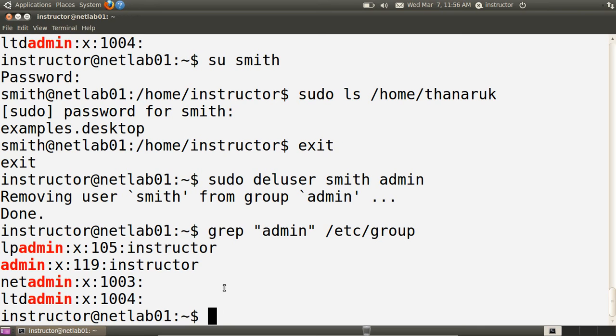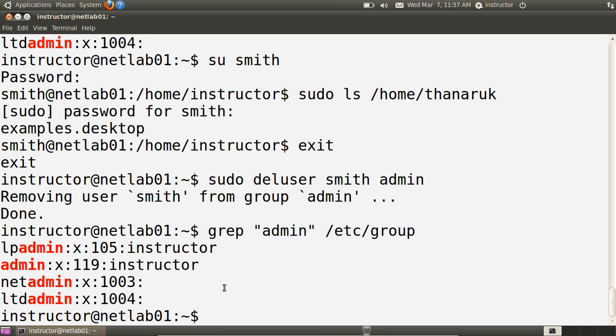In some cases, we don't want to allow a user to be able to elevate their privileges to the root user and do anything on the system. We would like to, in some cases, allow some users just to run some privileged commands. For example, if we want to set up the system so that the student users can execute networking commands, but not view the directories of others, not add users, not do all the other management of the system, then we can configure sudo to do that. I've already created an example